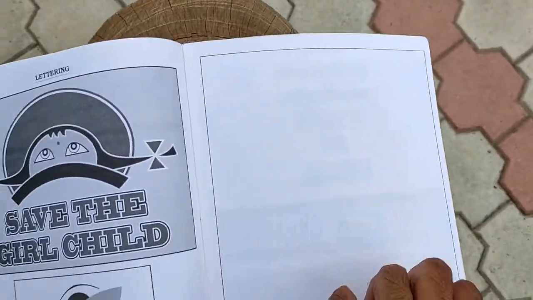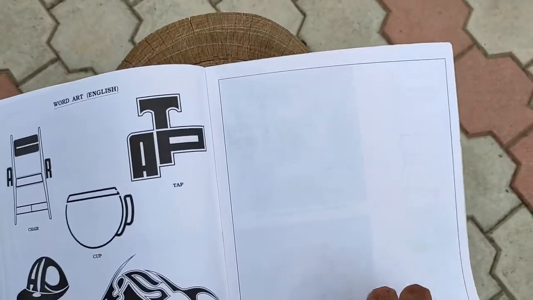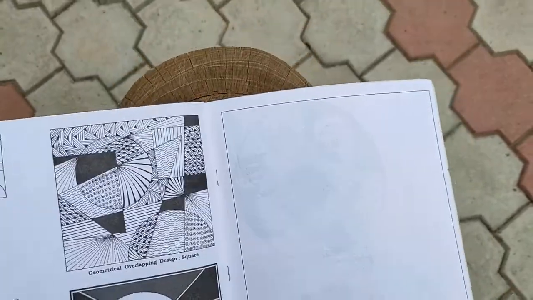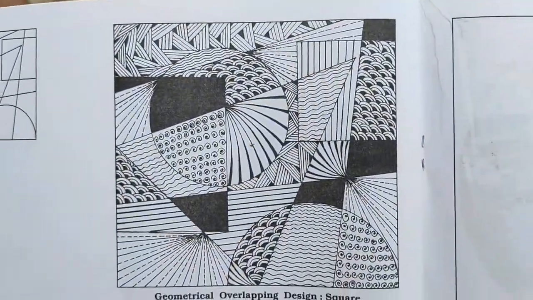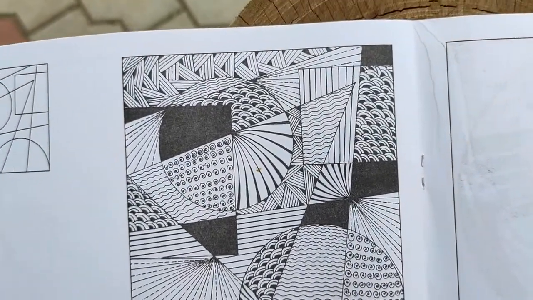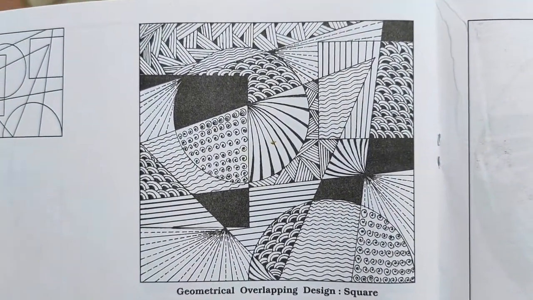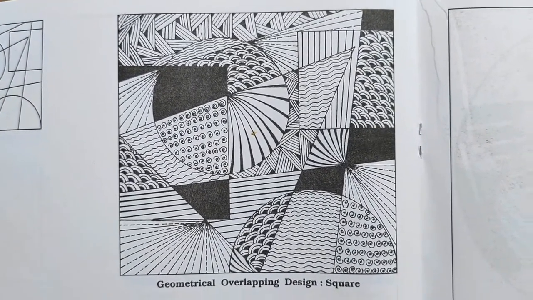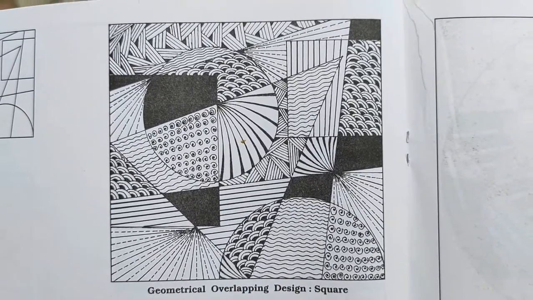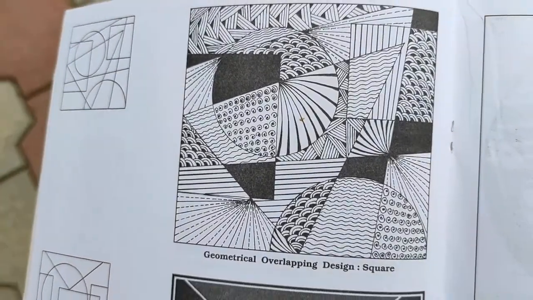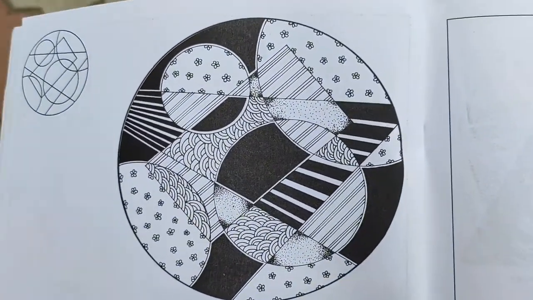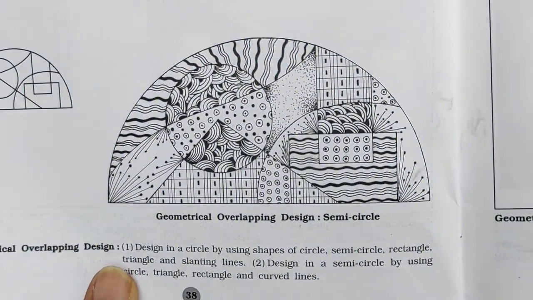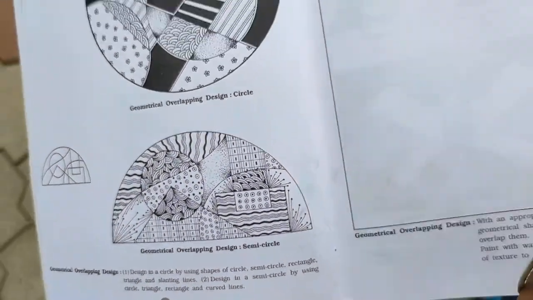Besides picture composition, the other place where these textures will be useful to you, that I will tell you just now. I am turning the pages. Yeah, you will have decorative design with geometrical shapes, a design in which geometrical shapes are overlapping with each other. Now if you observe here, in different areas different types of textures are done. So the textures which you have learned will be useful here. Another design you can see, one more, right? So there these textures will be useful.